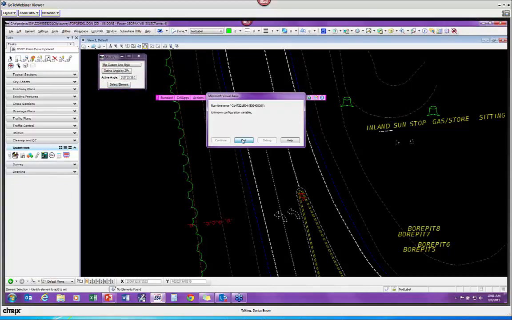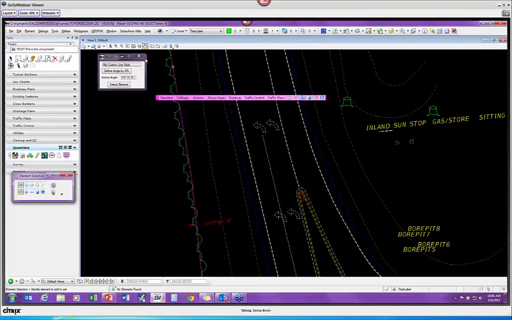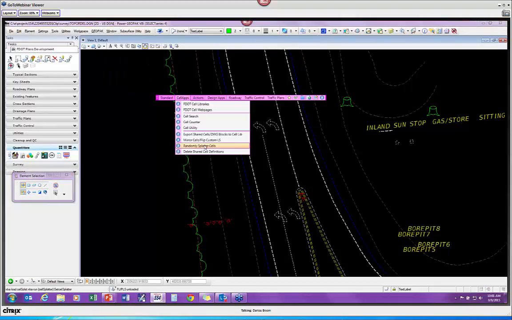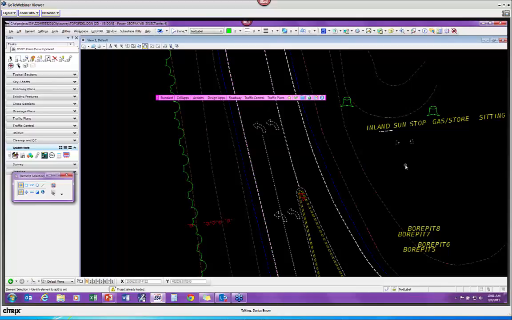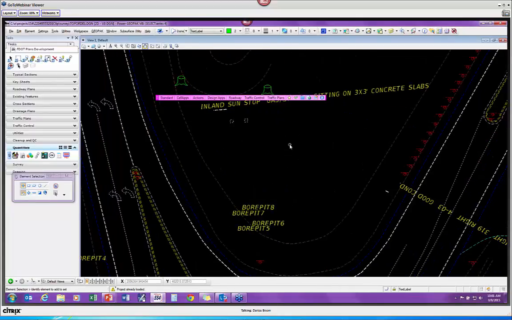And last but not least is randomly splatter cells. What? Okay, well maybe not. It knows that I had issues with it the other day. Oh, it's not letting me run this one today. I'm just going to throw this out there. Whenever I click on the option to splatter these cells,